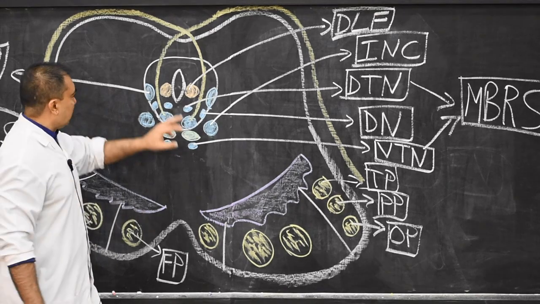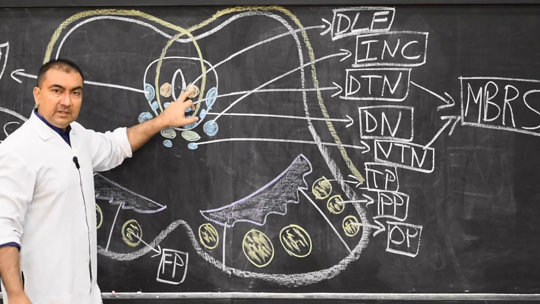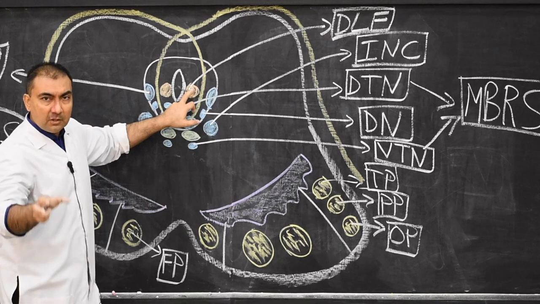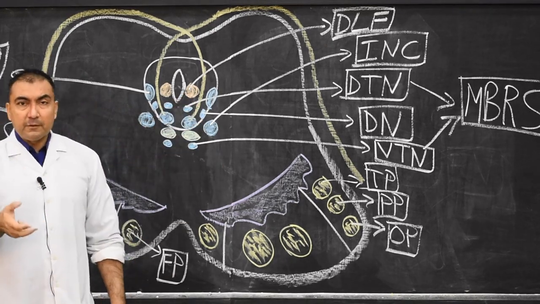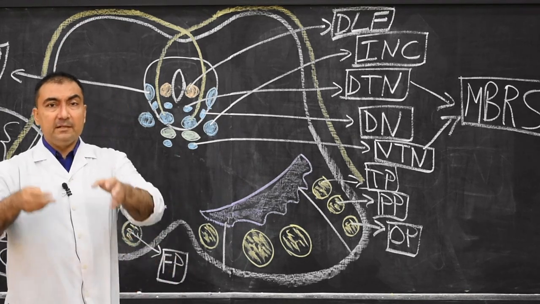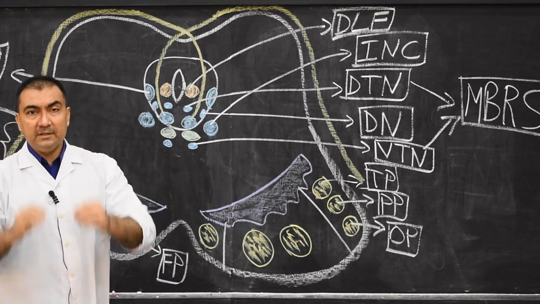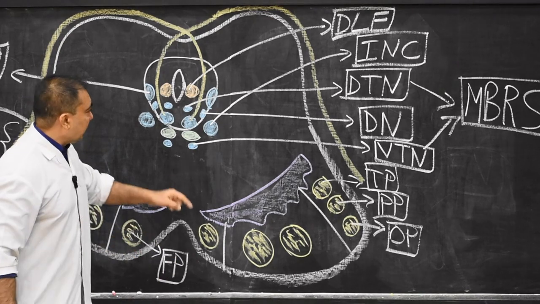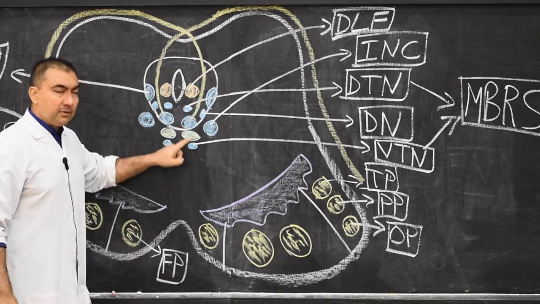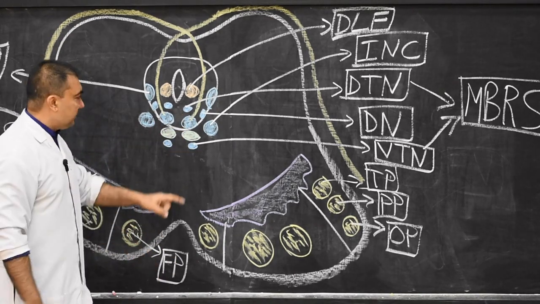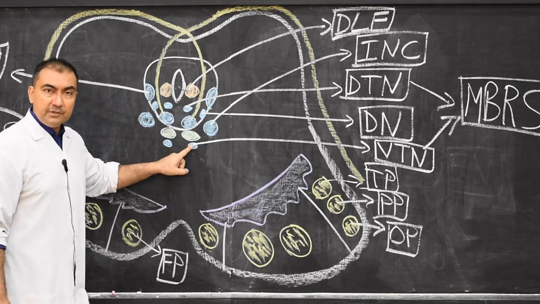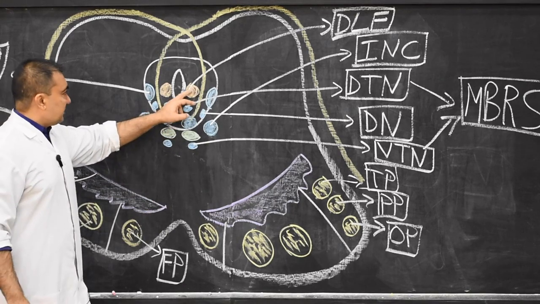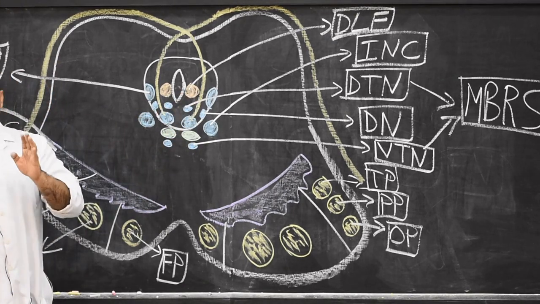So therefore, this is the dorsal longitudinal fasciculus, an elongated column of fibers which is connecting the fibers coming from the nuclei of the hypothalamus with the entire reticular system of the brainstem, in which the tegmental group of nuclei are also included. The tegmental group of nuclei in the midbrain is the dorsal tegmental nucleus and ventral tegmental nucleus. So therefore, this is the dorsal longitudinal fasciculus of Schutz.